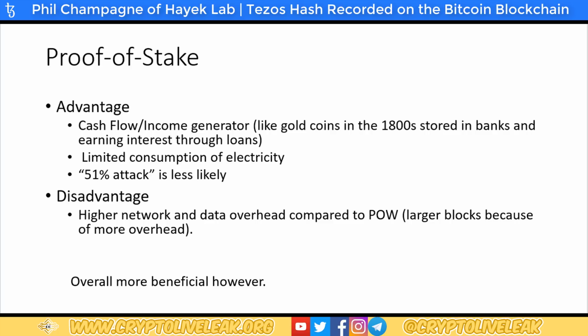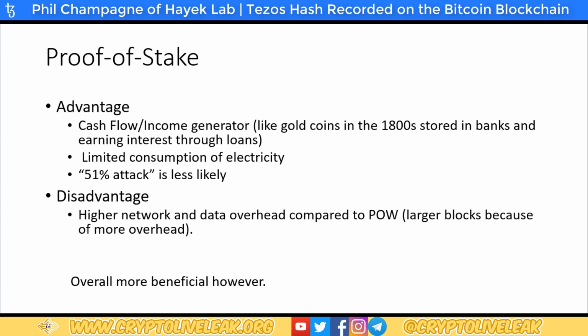And obviously, the consumption of electricity is very low, in fact. And you also have the 51% attack being way less likely. The reason why is that, just like we had with Ethereum Classic, I think it was a few months ago, a 51% attack. It's so easy for someone, it doesn't matter if they are actually in Bitcoin or something like that, they have a huge hash power. They don't need to acquire Ethereum Classic or any kind of altcoin. They can just orient their ASIC powers towards that coin they don't like.